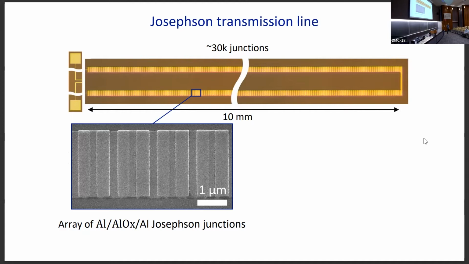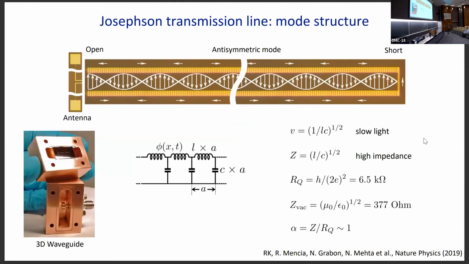So they form two chains, and the whole system you can think about as a telegraph-like transmission line, where inductance comes from the inductance of Josephson junctions, and this inductance can actually be quite large, much greater than the geometric inductance from these films. And then the capacitance comes from the parallel capacitance between the two lines. So such a system can support waves where voltage oscillates between the two chains and the current flows along the line. And for these waves, you can introduce several parameters to characterize them.